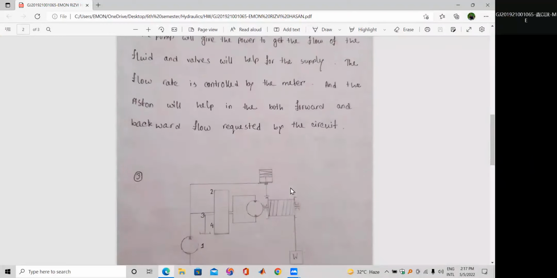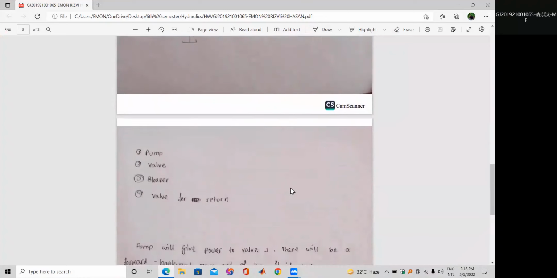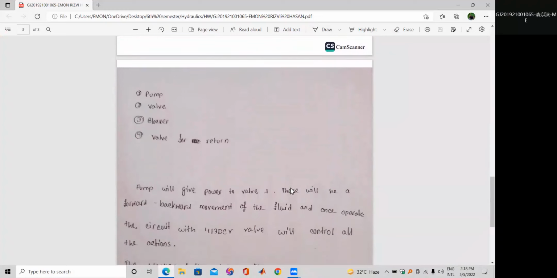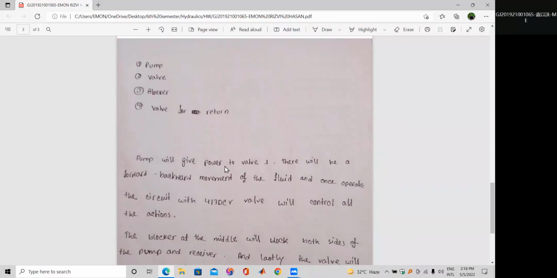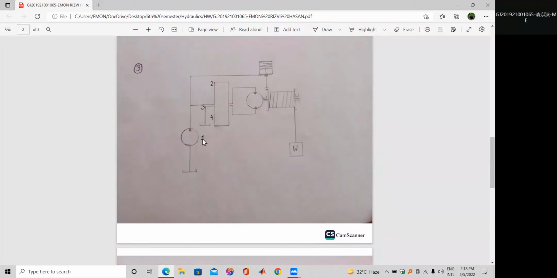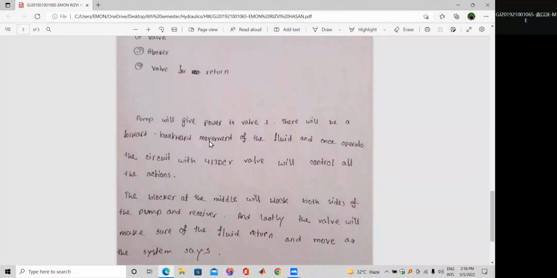The third question is to add a direction control valve to make the motor rotate forward, backward, and stop at any position. So the components are the pump, valve, blocker, and valve for the return. We can see in the picture the pump will give power to valve 1, then there will be a forward and backward movement in this section, where I have noted the number 1, and after that the circuit with a 4x3 DCV valve will control